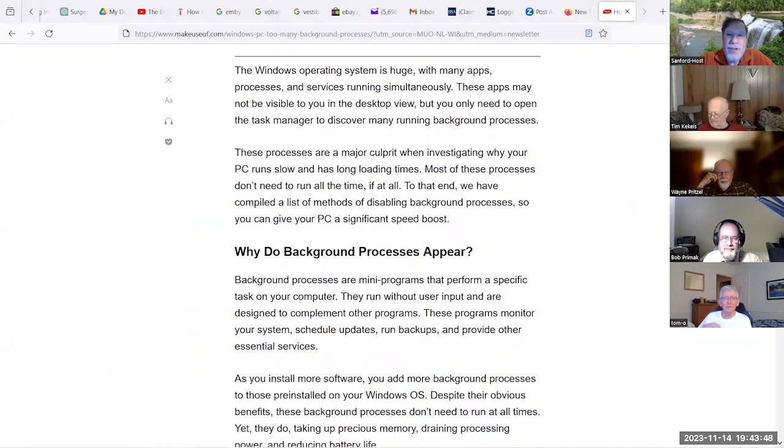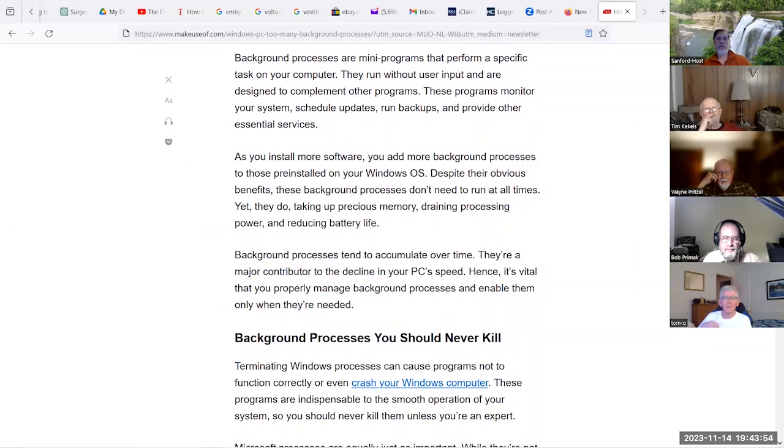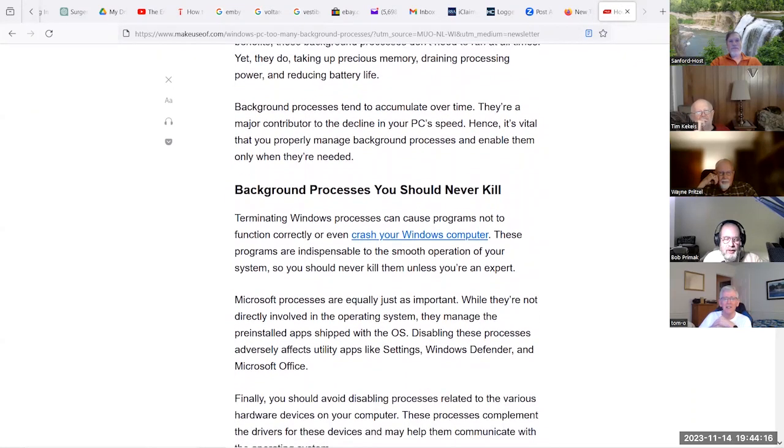All right. So what are they saying here? On most of the processes, disabling back. The important part is background processes you should never kill because they'll crash your computer. Big deal. You're already having that problem. Well, Pete didn't have a computer crash. He had an internet issue, I think. Right. But anyway,